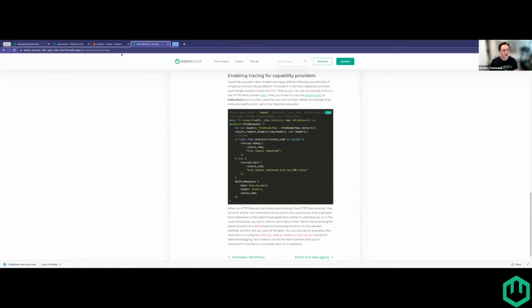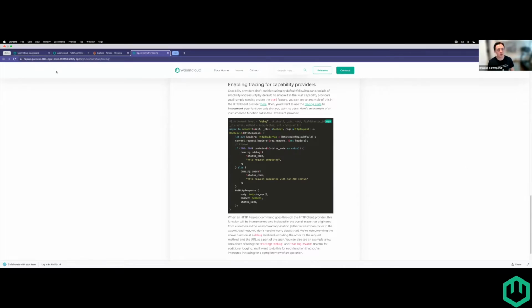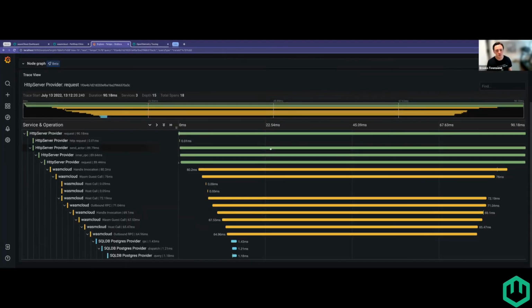Now, I did want to mention one more thing, Andrew. I think you brought up a really great point, and I wanted to show it to you in this trace. You said, when you're looking at a function and there's a little bit of a gap, and you say, okay, this is maybe a TensorFlow thing or maybe a NATS thing, how do you actually get visibility into that? And this has already helped us immensely as developers of wasmCloud. I wanted to point out